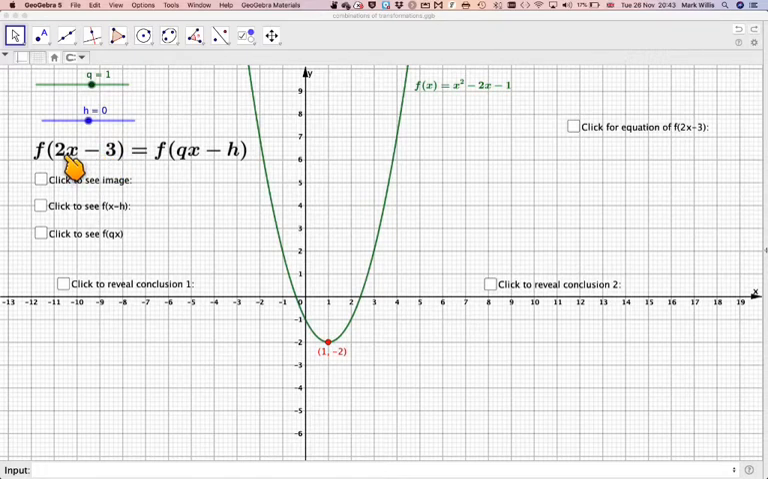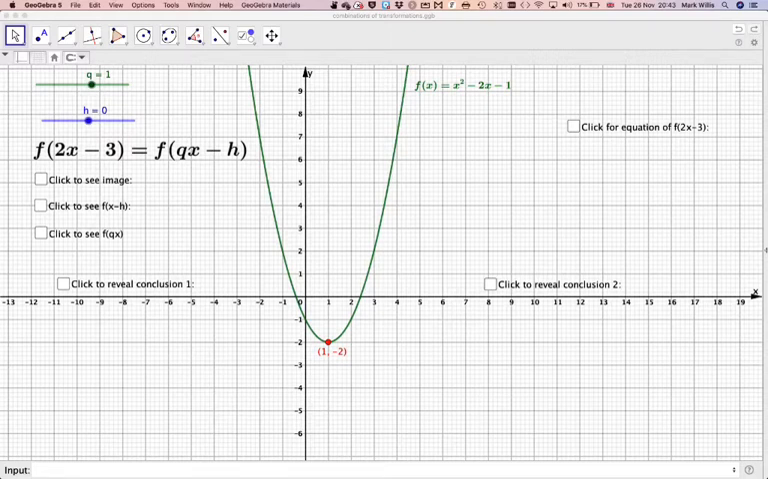The question is, which do we do first? Do we do the translation first, or do we do the stretch first? Okay, so this is the form f of qx minus h. So here we've got a function, f of x is x squared minus 2x minus 1. Okay, and I'm going to do a